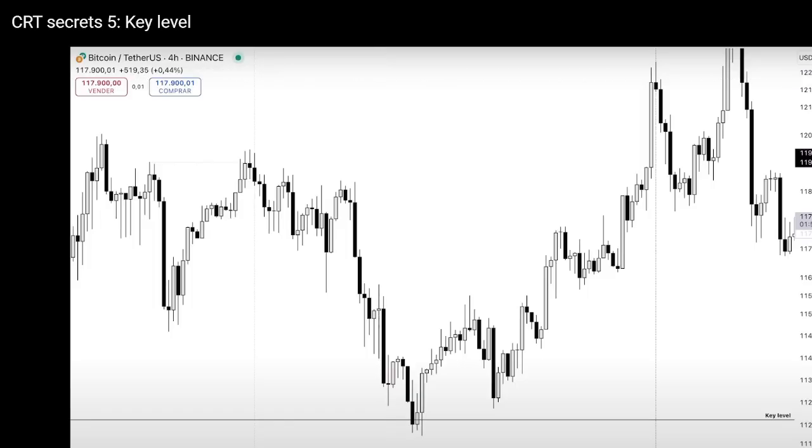And then eventually, you will advance to stage two. Right, stage one is not being able to mark the key level correctly. Stage two is eventually getting the key level right, or somewhat right. Right, so you're able to determine with considerable accuracy the correct key levels which reverse price.